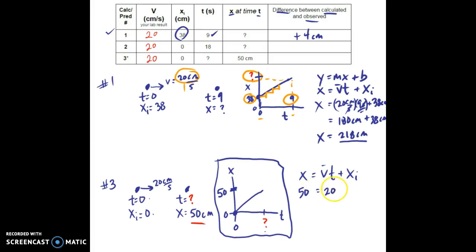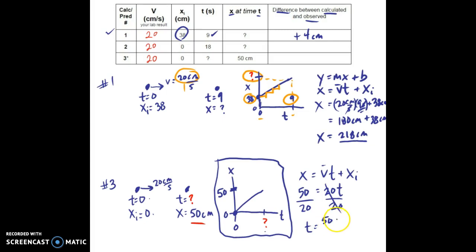And I know the velocity is 20. I don't know the time. And it's starting from 0. So I'll just leave it like this. And I just need to solve for t. So if I do so, that's a multiplication, so I'll divide by 20 to isolate, and I'll have t equals,